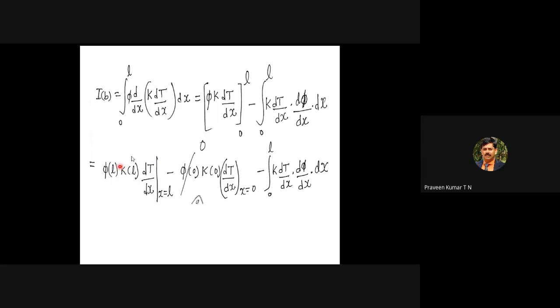Again, it is nothing but conduction heat transfer. The first term refers to conduction heat transfer: k into dt by dx is the conduction heat transfer at the tip of the rod. How much heat is conducted through the rod goes to the surrounding medium by convection, at x is equal to L. So whatever amount of heat is transferred by conduction is also equal to the convective heat transfer. The same thing is shown here: in the first term, we have phi of L, k of L, and so on. If you consider q at x is equal to L, convective heat transfer is equal to conduction heat transfer.